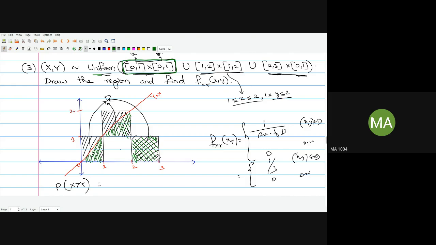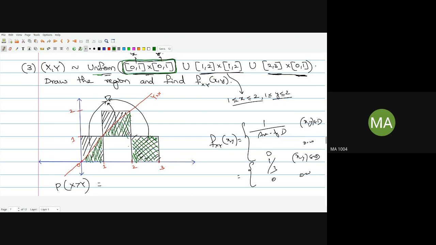So now I have to find areas of. Sir, I have a small doubt. Probability at y equal to x is 0, right, sir? At that line, at x equals y, it is 0. At a point and on the line it is 0, right, sir? On the line. Because x greater than y is the region. y equal to x is not a region, so probability will be 0.